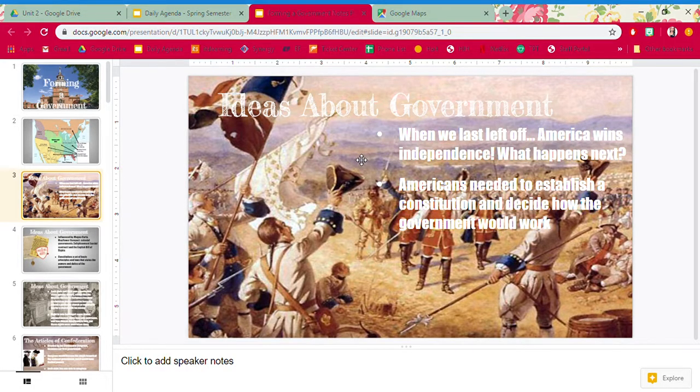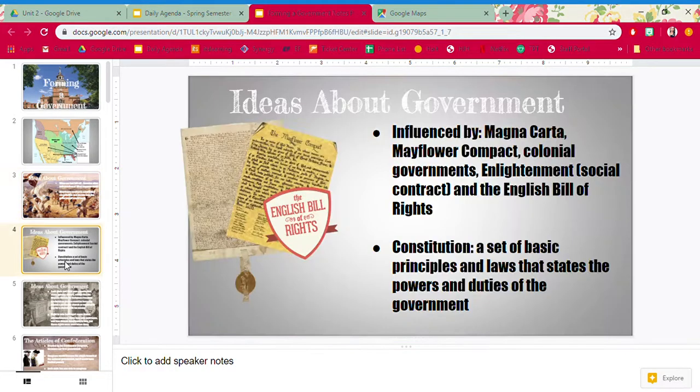So I just kind of talked about this. When we last left off, we went independence, hooray. And one thing we have to think about, though, is a government. And the Americans had actually already started to think about that during the Revolution and had started to create a government called the Articles of Confederation, which we'll get to in a second. But there's going to be some problems with that, and there'll be issues that need to be addressed and fixed later. And remember too that you can always pause if I move through the slides too fast. You could just pause the video and write down the information that you need.